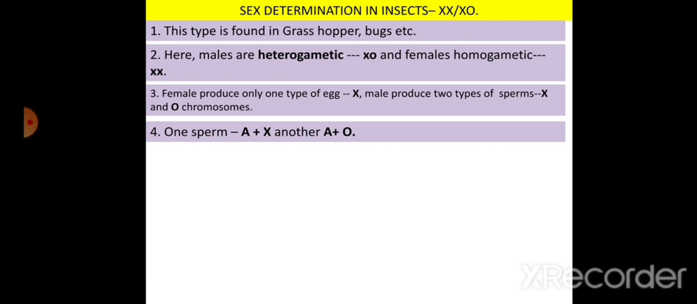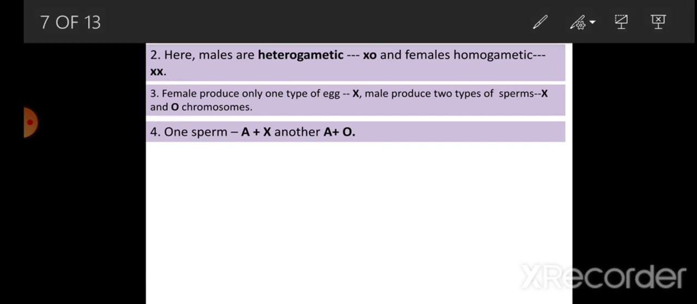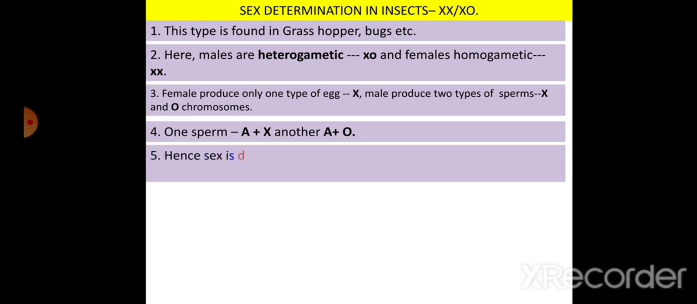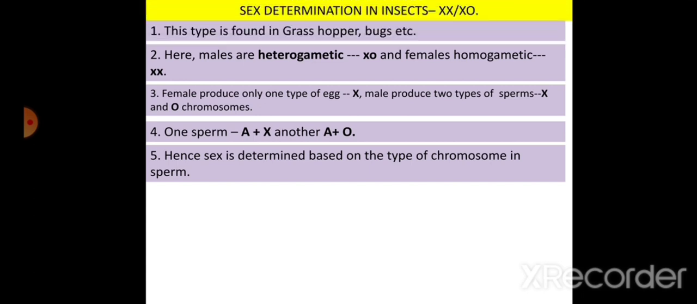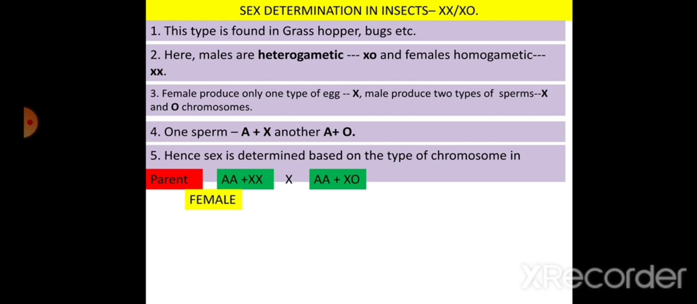Now autosomes are the chromosomes, as we know, which do not play any role in the determination of sex, whereas the allosomes have a definite role in the determination of sex. Hence, sex is determined based on the type of chromosome in the sperm. So let's try to understand this. Let's fix a parent with autosome plus XX chromosome, which becomes a female,